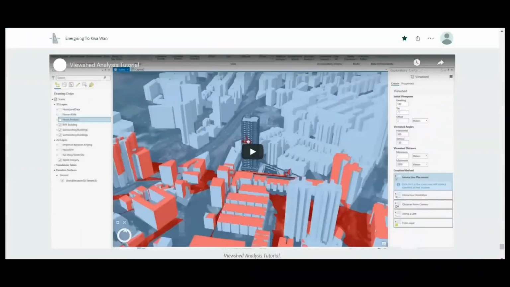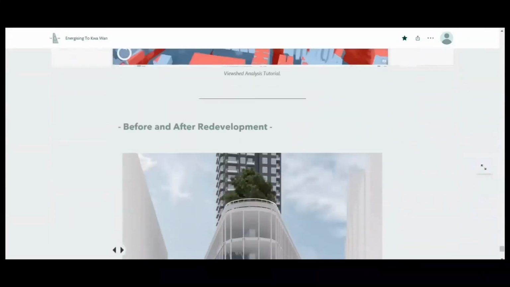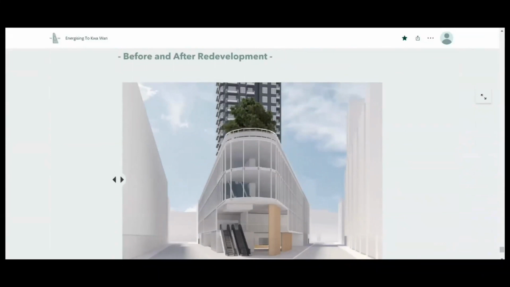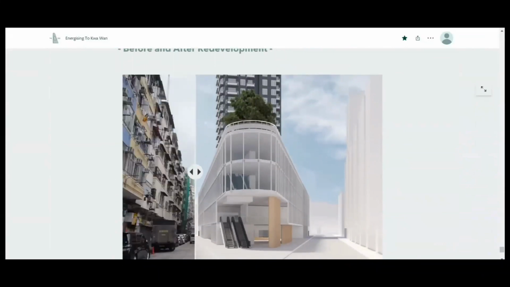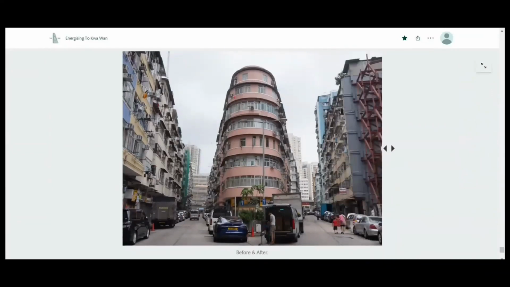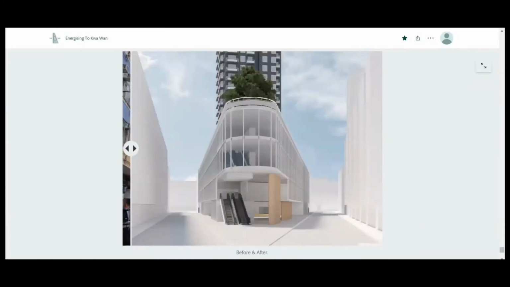So that's all for the feature analysis tutorial, and we come to our last part, which is the wrap-up and conclusion. Here are the actual visualizations of the before and after redevelopment graphics. Before the development, we can see a large town building situated here, and after the development, there is a beautiful Trio completed and constructed here, thanks to the technology of BIM and GIS respectively.